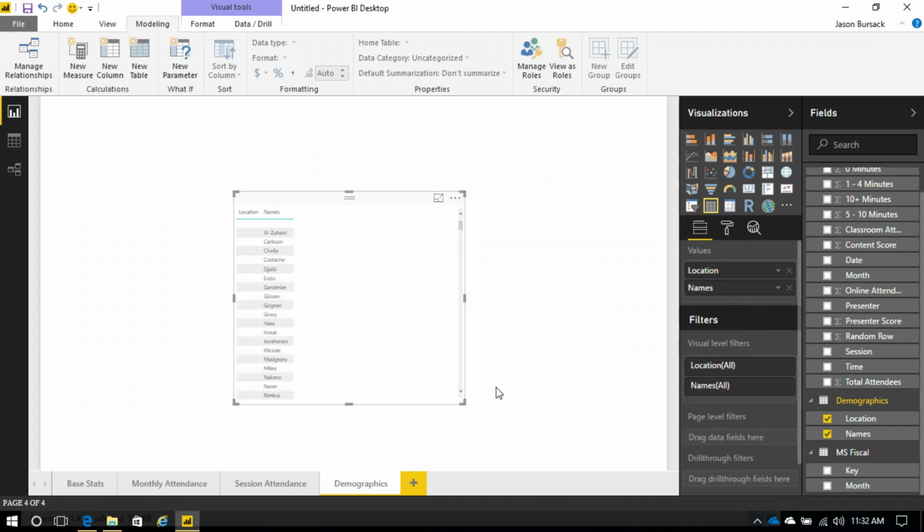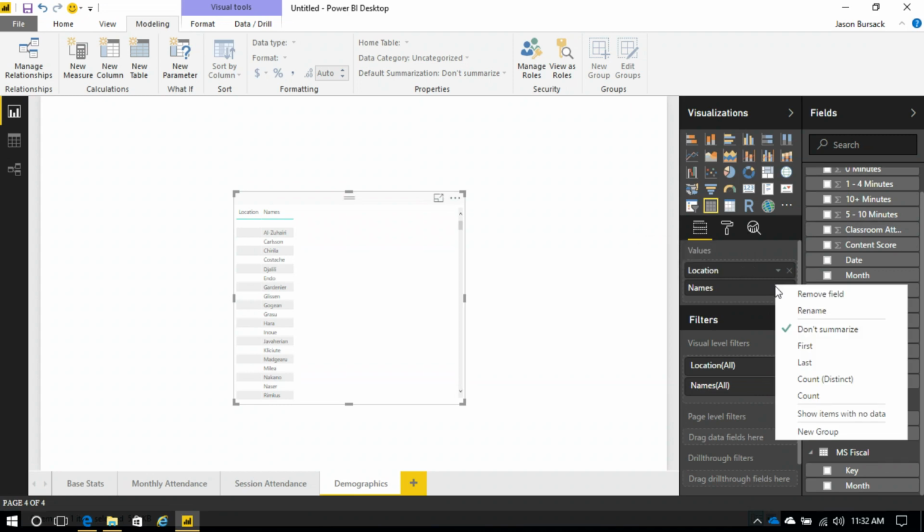Now, I need to modify this again, and as you usually do when you make a visualization, I would say much more often than not, the default that Power BI gives you is not what you want. You need to tweak it, and you use all these powerful tools that they give you for tweaking. And I'm actually going to, instead of